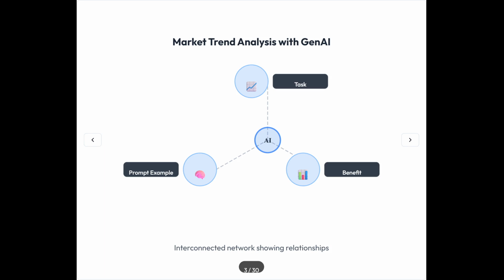Here's a practical application for your team: market trend analysis. Get a quick read on what's happening in your market. Instead of spending hours on research, ask the AI for a summary. For example, you could prompt, "Analyze recent articles about consumer sentiment in the home goods sector and list the top